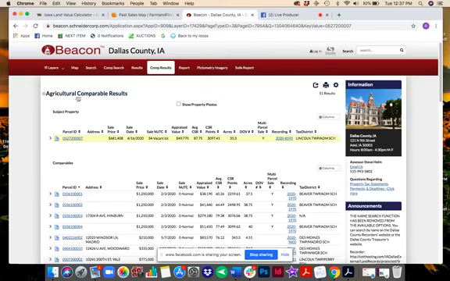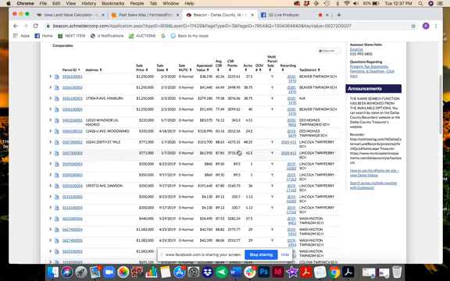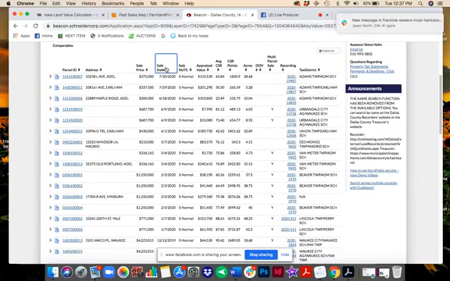You can see the subject property that I sold back in March is up here. This is all the criteria. And then if you scroll down, these are all the comparable sales that have happened. You can sort them by sale date or sale price. So a recent one that sold for